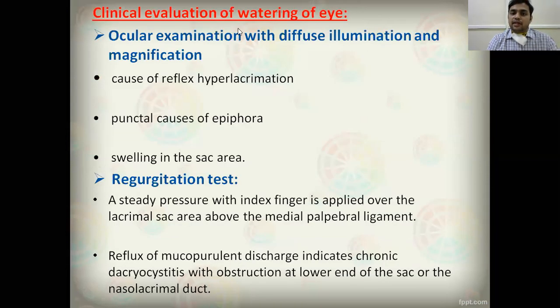So how will you clinically evaluate a case of watering of the eye? First, you have to examine the eye under diffuse illumination and magnification. So under the slit lamp, you have to examine the eye. We have to rule out reflex hyperlacrimation, and we have to rule out the punctal causes of epiphora. With the help of diffuse illumination under magnification, we can observe the structure of the puncti, whether there is an eversion of the puncti or